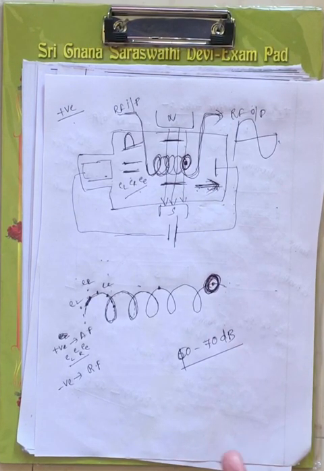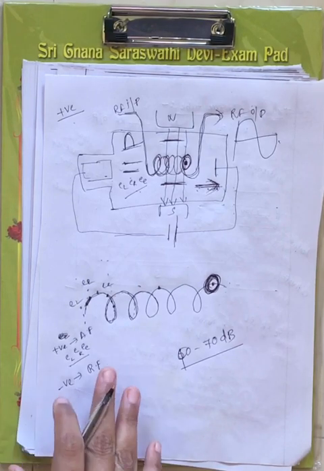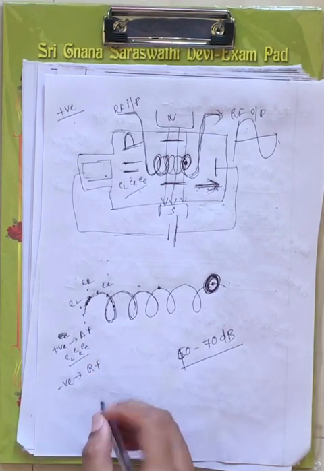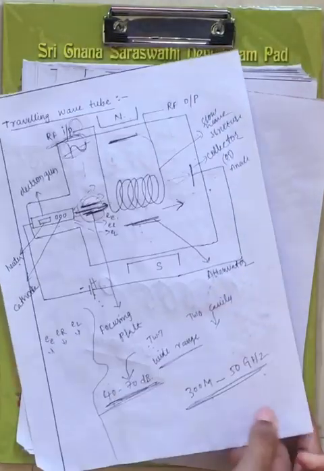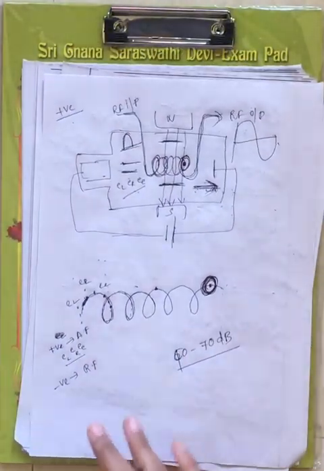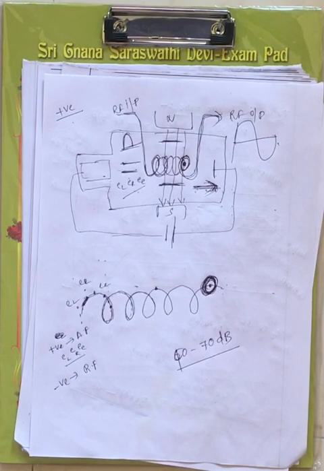Now this is used for the amplification of a wide range of frequencies. The traveling wave tube is used for the amplification of a wide range of frequencies, whereas your 2 cavity is only for a particular range of frequencies. Its operating frequency is 300 megahertz to 50 gigahertz. Now this is about the traveling wave tube, how the signal is amplified based on the magnetic field.